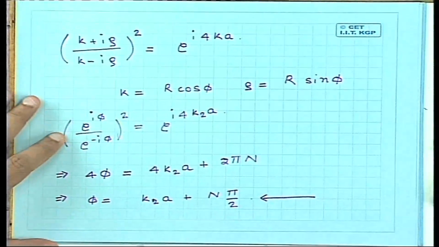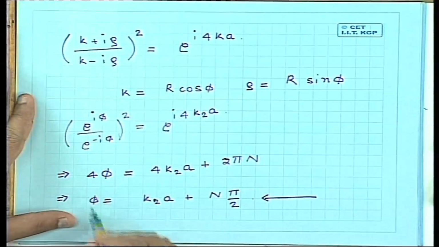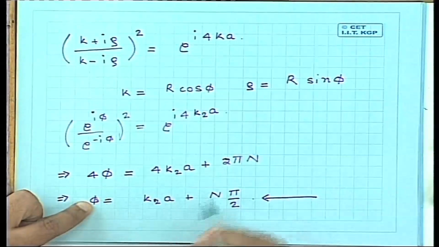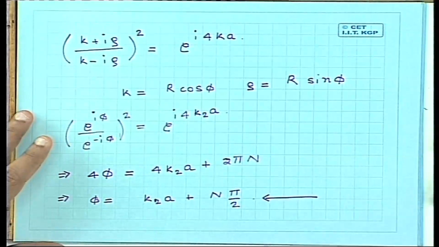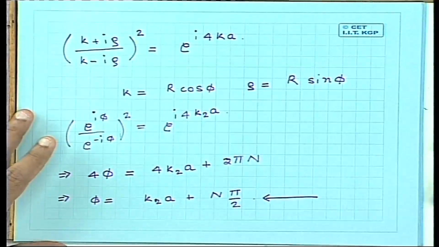Now let us also look at the solutions for the odd and even case. What does the wave function look like? The relation between phi and n is given here in terms of k. I think we better postpone this to the next class, so I will stop here. In the next class, we shall see the form of the wave function when n is even and when n is odd.